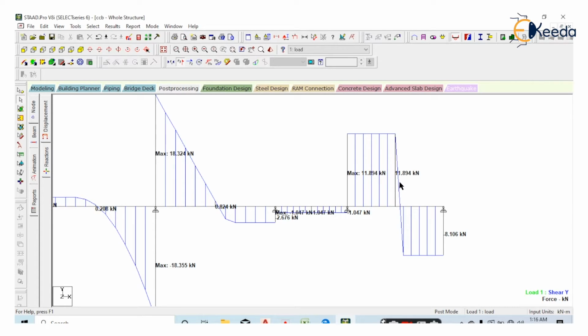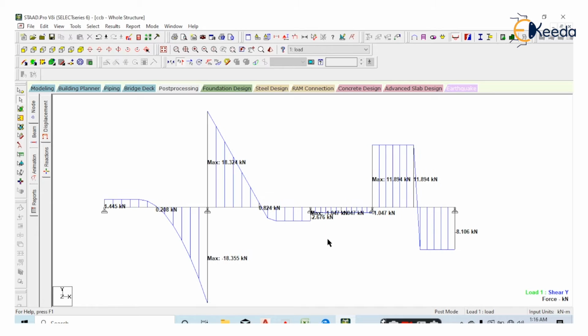The mid of the beam, 11.894 kilonewton. At the end of the beam, minus 8.106 kilonewton. So like that you can see all the maximum values, end values and mid values for shear force, bending moment and deflection. Alright,